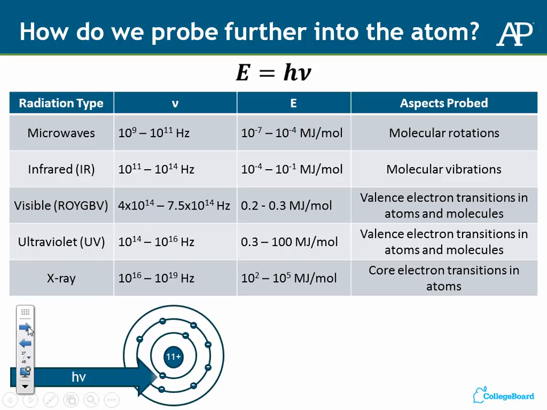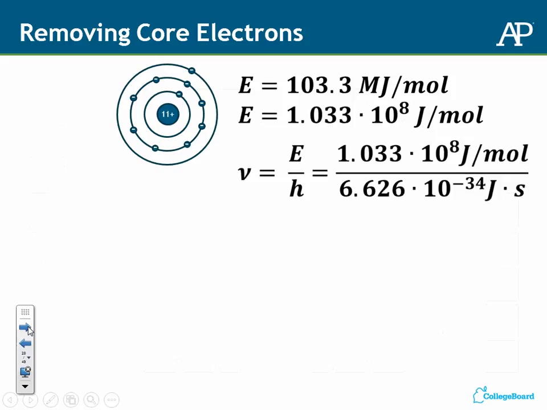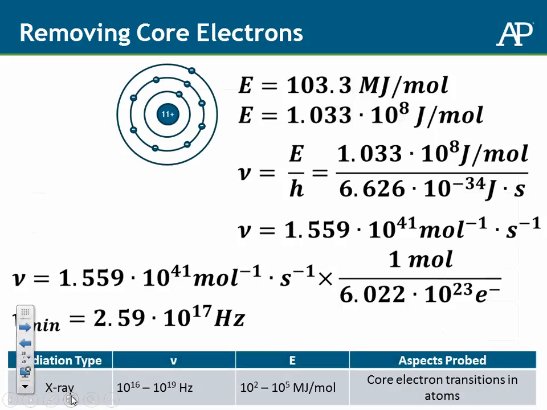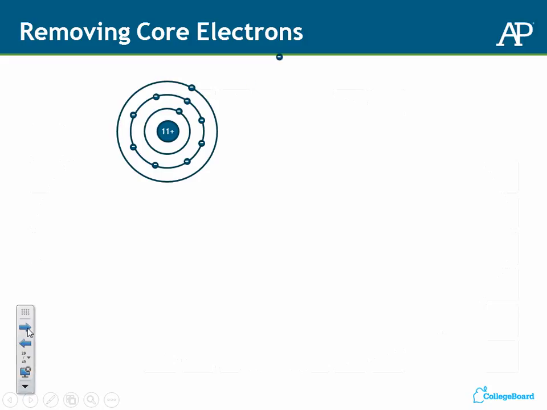However, if we look at a core electron, that one there that's closer to the nucleus, and calculate the amount of energy that's needed there, if we calculate the wavelength, or the velocity or the frequency of that energy, we can see that we need a much, much larger amount in terms of kilojoules per mole. And that falls into an X-ray segment of the electromagnetic spectrum. So we can X-ray atoms, and that will make the core electrons go away. Energy in,